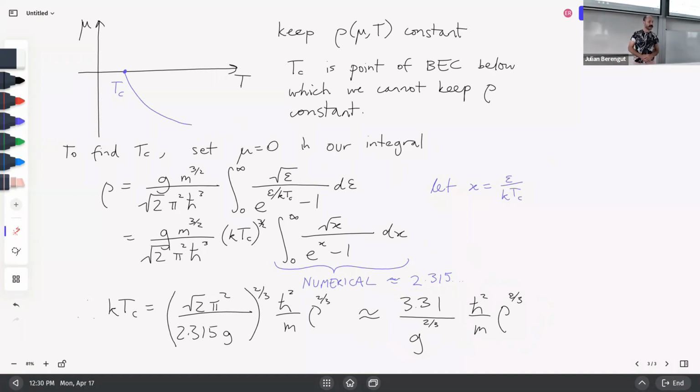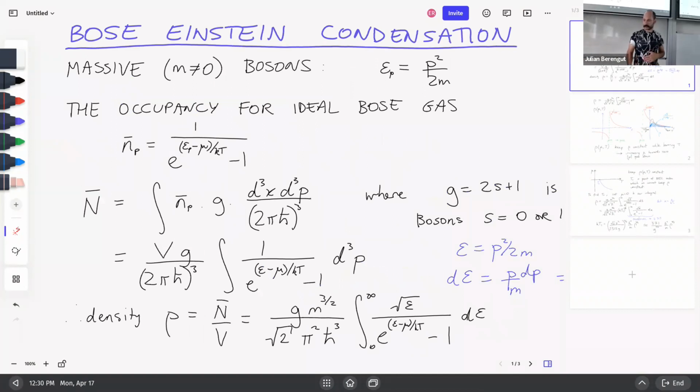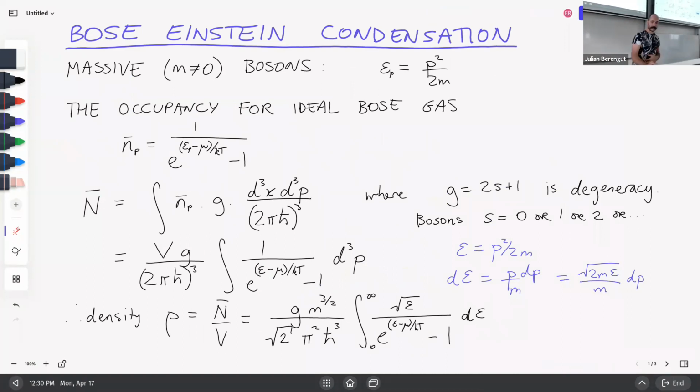Let's figure out what we're actually looking at here. What happens below this temperature? Something funky is going on below that temperature. My mathematics is now breaking. What am I going to do about my mathematics breaking? It comes down to something quite subtle and not at all obvious. So let me go back and just show you what's happening. Below that temperature, something funky is going on where